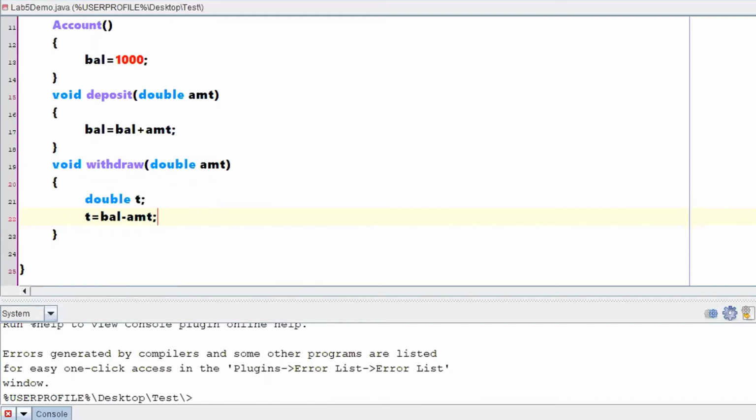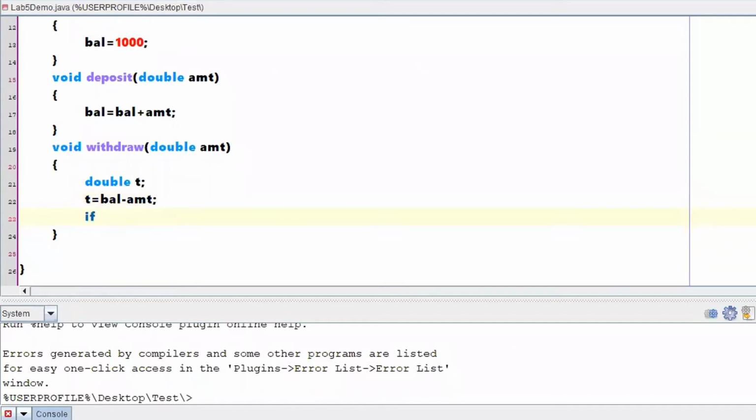So I am making balance minus amount. That means whatever is the balance presently I have minus whatever the amount you are expecting to withdraw. Right? So if this particular value is less than 1000, then I have to raise an exception called less balance exception. Clear? Shall we write the code for that?